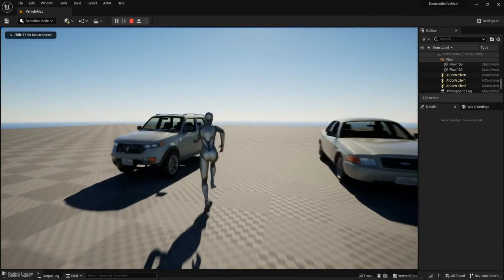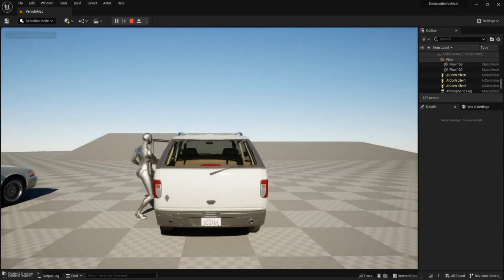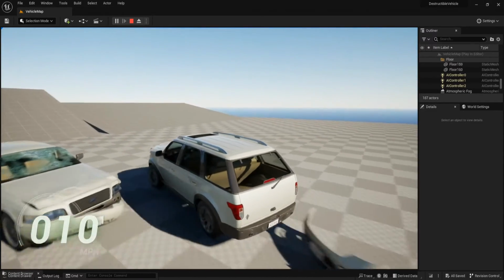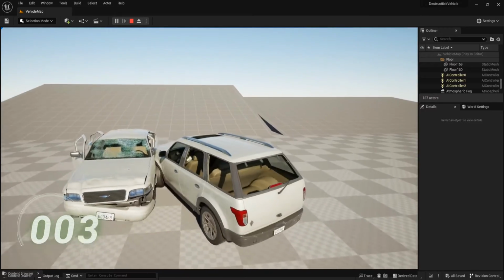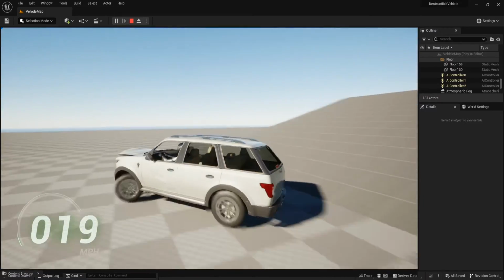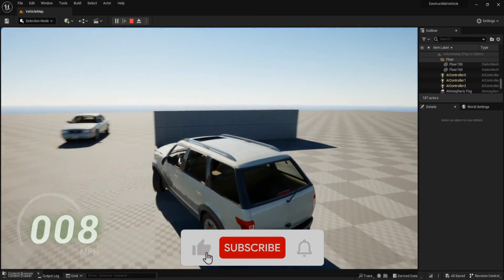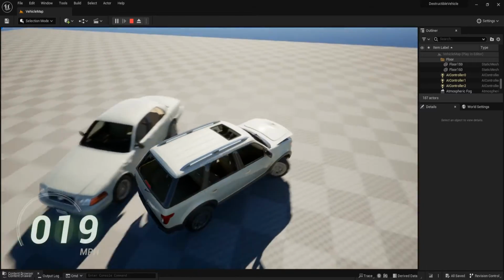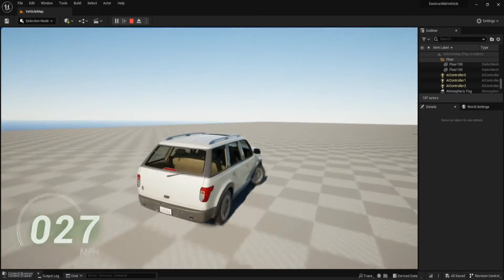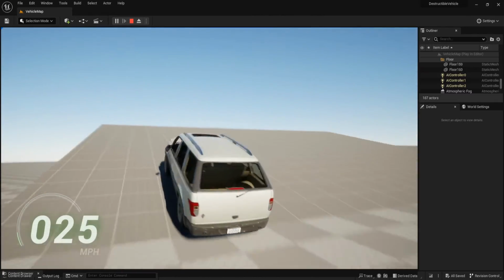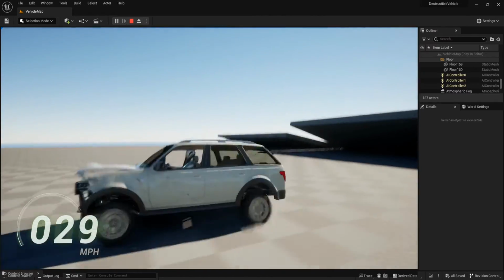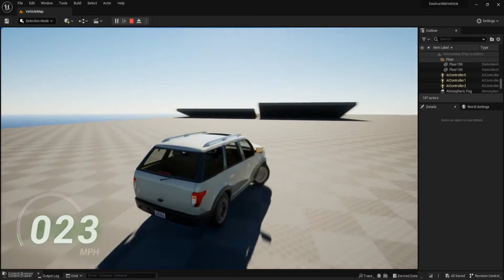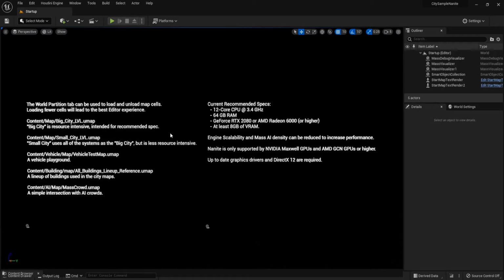Hello everyone, in this tutorial we will add another vehicle to the project and create the deformation for the vehicle and the breakable class. And the sound system. When you finish this tutorial, you can add every vehicle in the City Sample project to our project. First, go to City Sample project